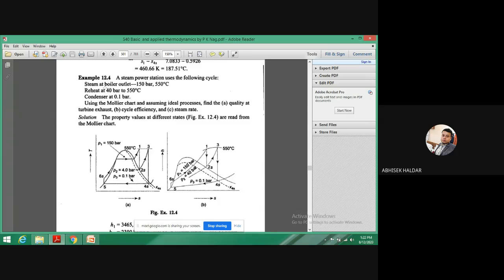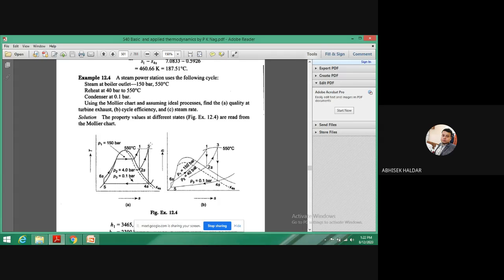So if you have to find out the reheat pressure, then obviously the data provided in the problem will be a bit different. First you have to locate this point. Say this temperature is 550 degrees Celsius. How will you proceed? I am guiding you that first some dryness fraction value will be given. If you know the condenser pressure, you can locate this point in your Mollier chart. Now you have to draw this vertical line and you can get this point 3, that means from backward, right?